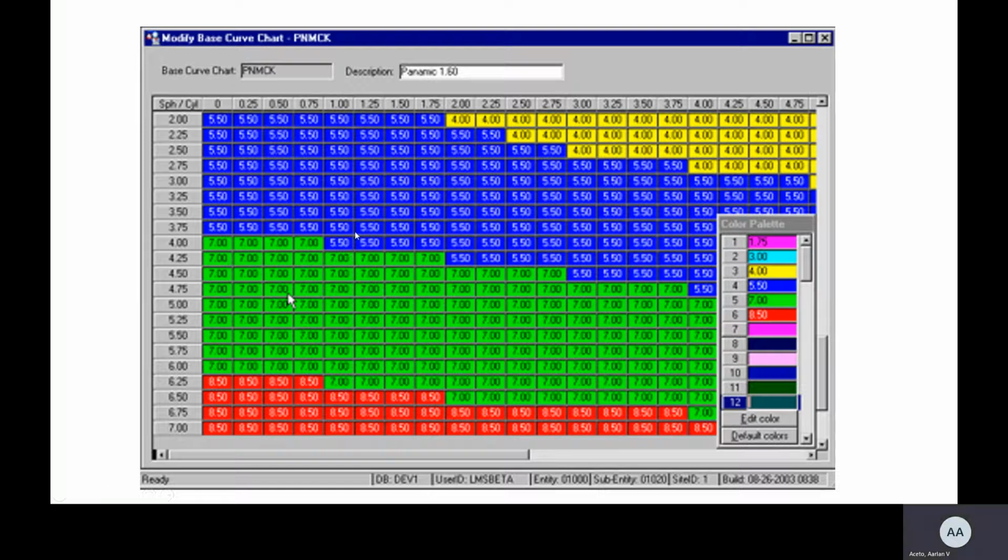Now remember, when we're doing the semi-finished, that means the front surface is already fixed. So here we have 4, 5.5, 7, or 8.50. Which base curve based on this prescription is going to be ideal? Now this is where we have to start putting our Sherlock Holmes hats on, and that is what